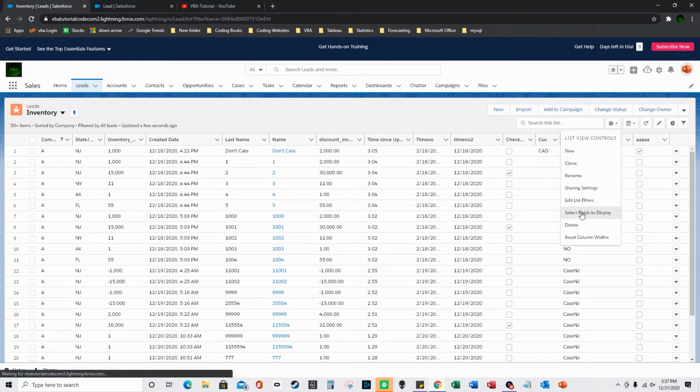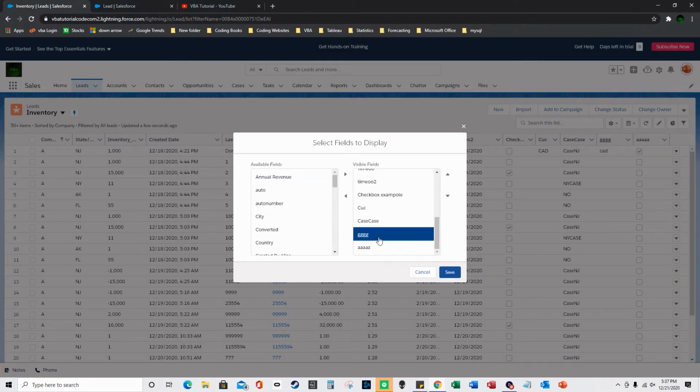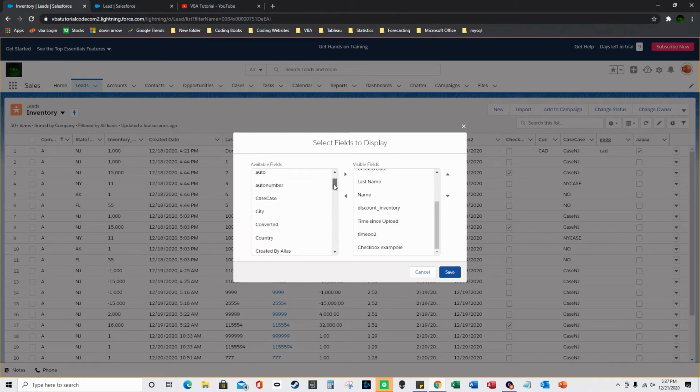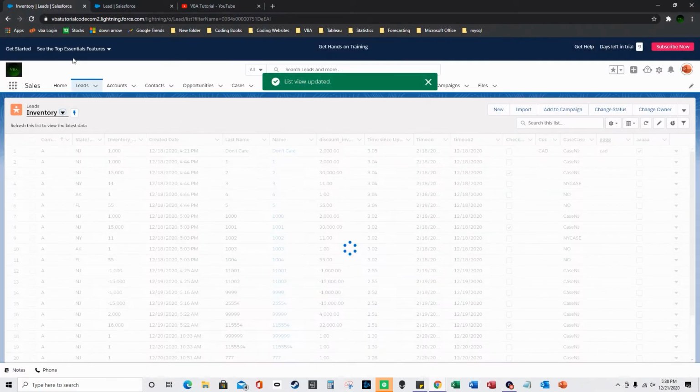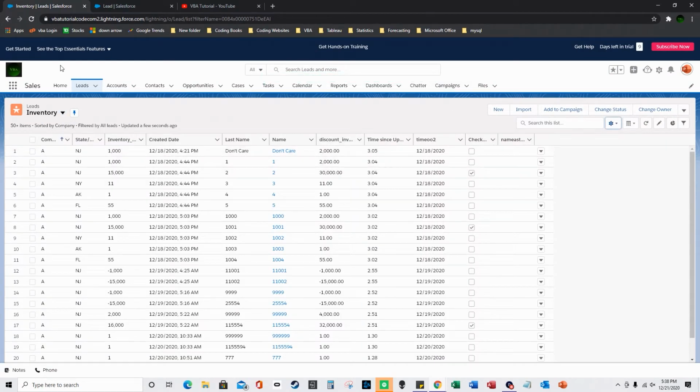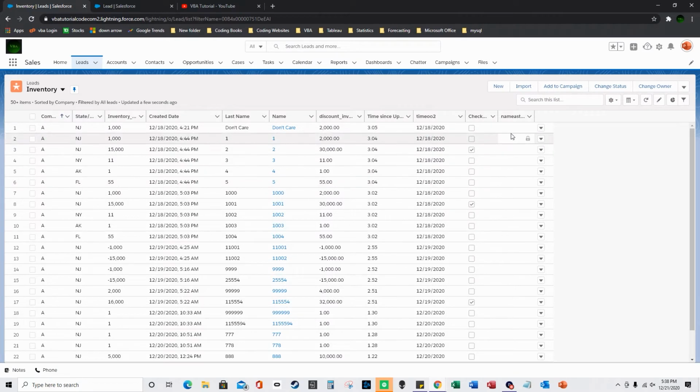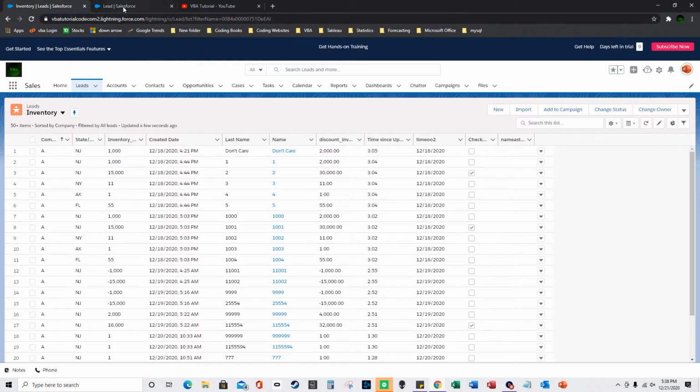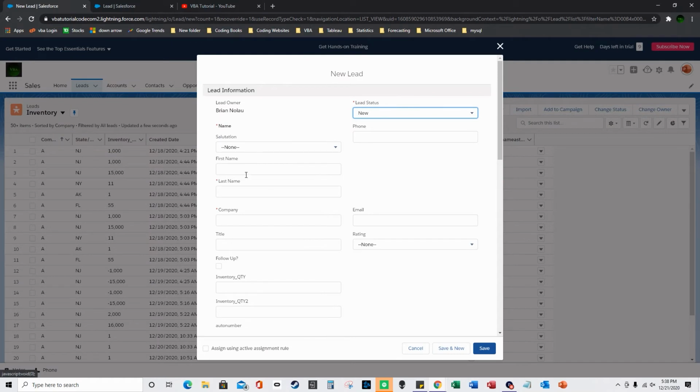And over here on select fields to display under the gear, I'm just going to remove some of these fields that I was working with from before. So now I'm going to go to, what was it? That's the field I just created. So I'm just going to update my view. And obviously it's all blank currently because it doesn't apply to all the other records unless you click generate for previously created records. So now when I create a new record and I fill out the required columns